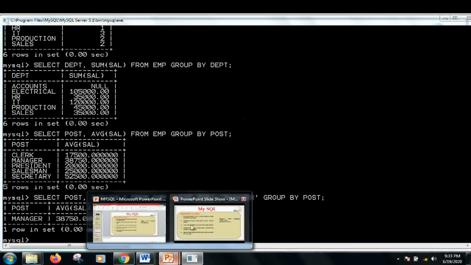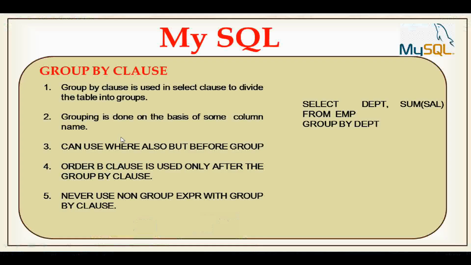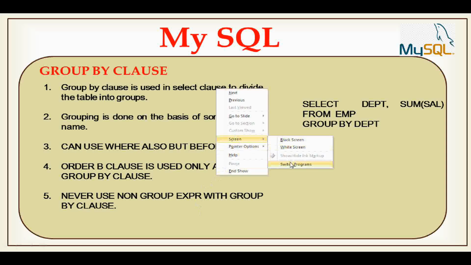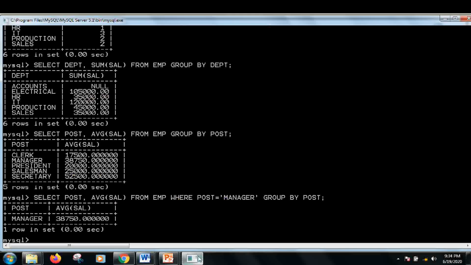Now next is the where clause. I already told you that you can use it. You can also use the order by clause with the group by clause, but it should be used after the group by clause for ordering the records. For example, I want to show the order by on the basis of